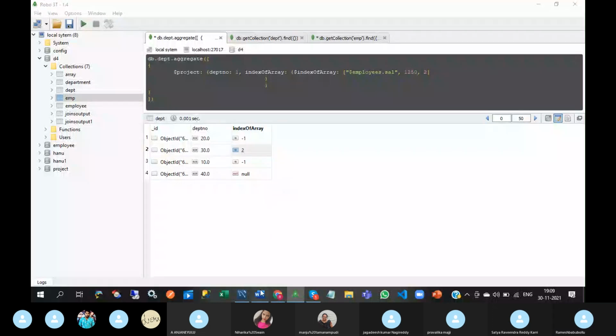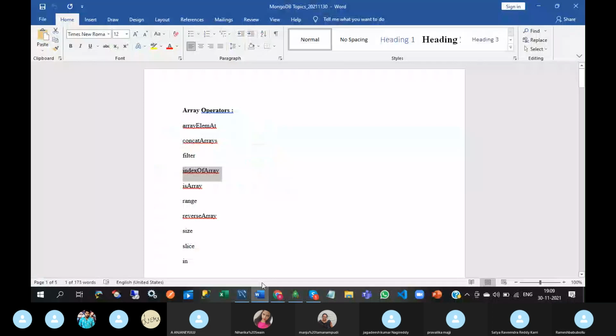Next, isArray. isArray determines if the operand is an array and returns a Boolean value. So we will check.